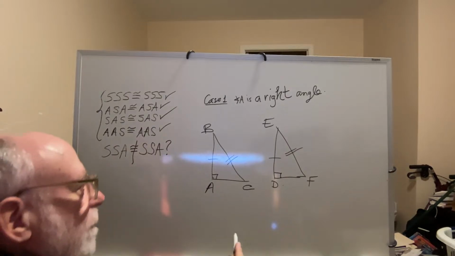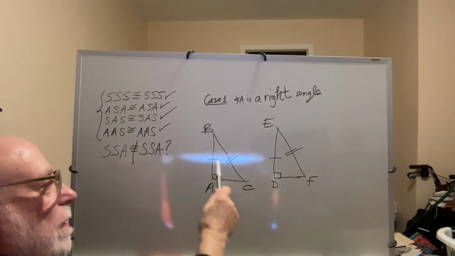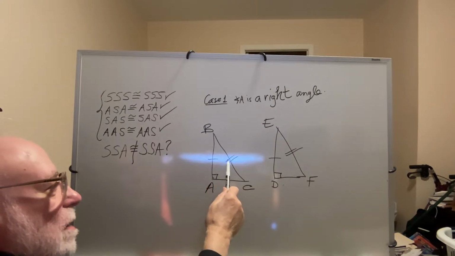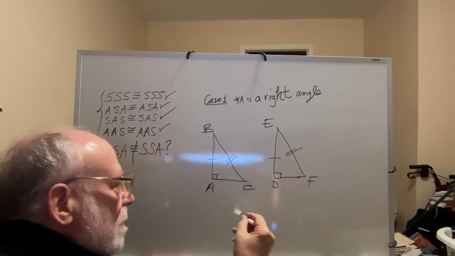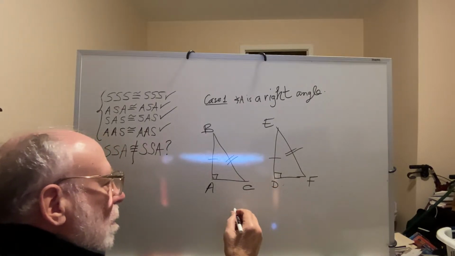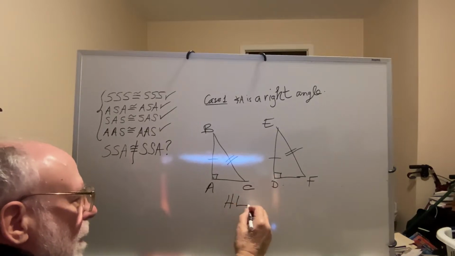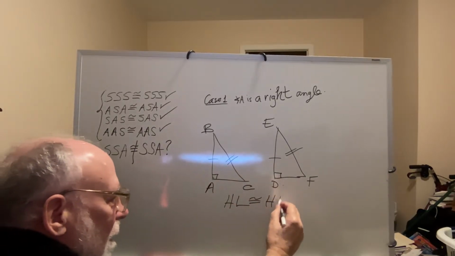Well, if you have two right triangles and we have a leg and a hypotenuse in common with another right triangle with a leg and a hypotenuse, it's hypotenuse-leg,